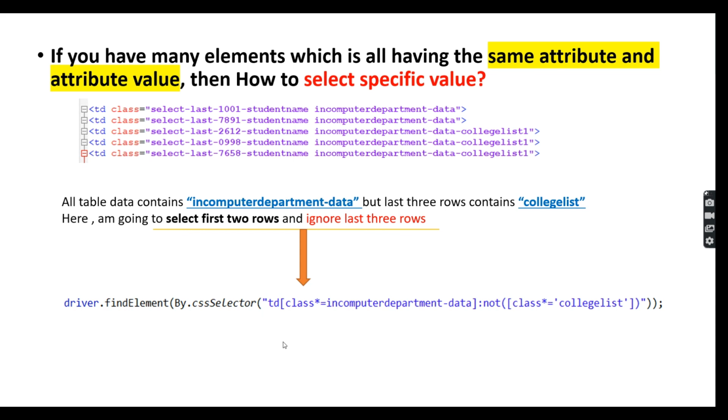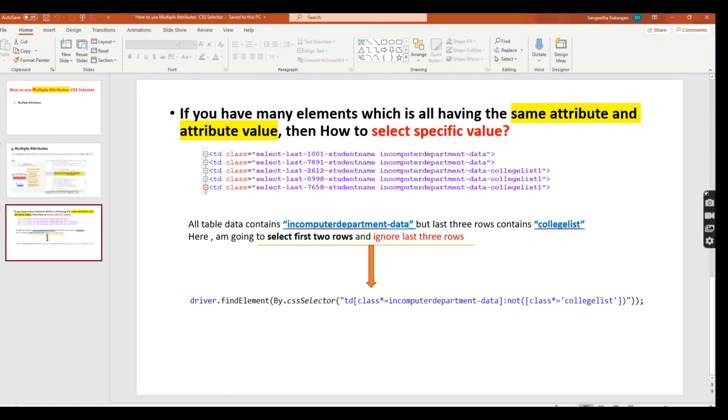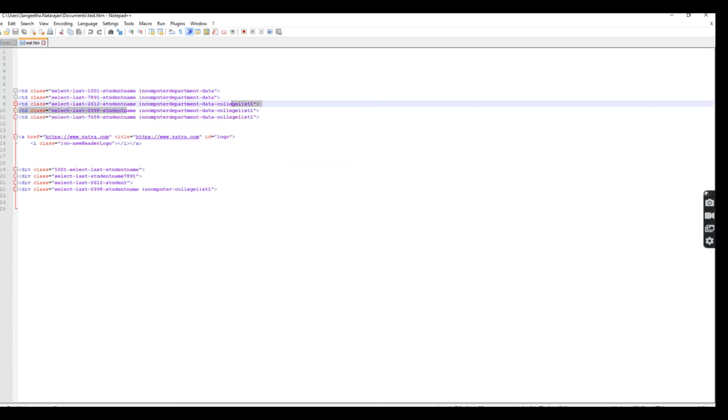Why am I explaining this in a theoretical manner? Because I'm not able to find a specific application with this kind of attribute, so I created it myself, saved it in my notepad, and I'm telling you.